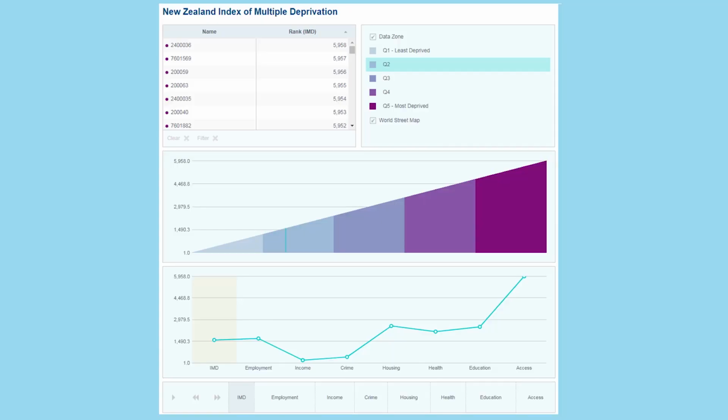Hovering over Stewart Island, we can see that it's ranked 1,574 out of 5,558 in New Zealand, so it's not very deprived. However, this line plot shows that it has slightly elevated housing, health and education deprivation and very poor access to